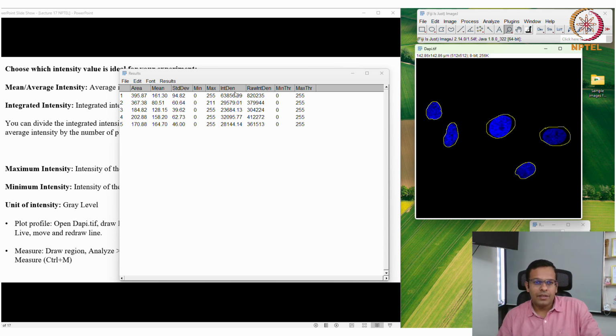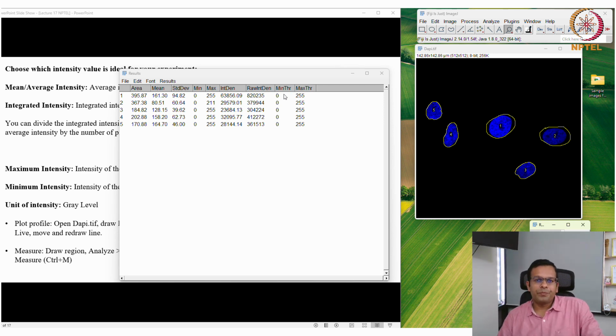Okay, and the lowest one is this, 23,684. So I think that this is the third one. Okay, and I think you can give labels also. So 1, 2, 3, 4, 5. Okay, so the third one is the least bright. Okay, and the first one is the brightest nucleus.